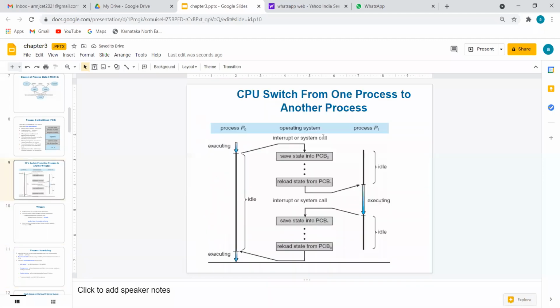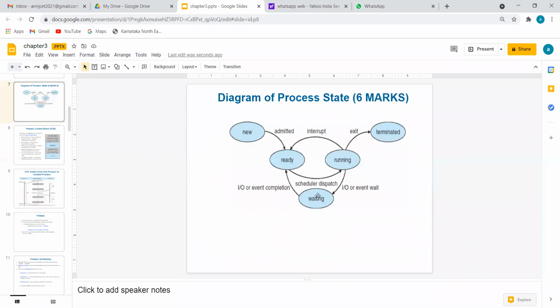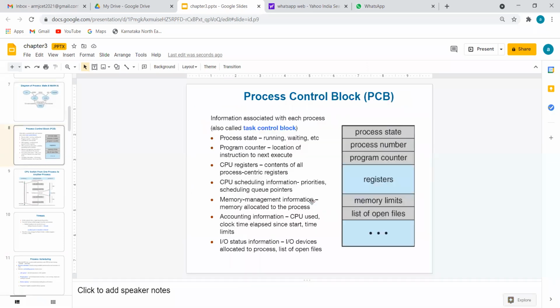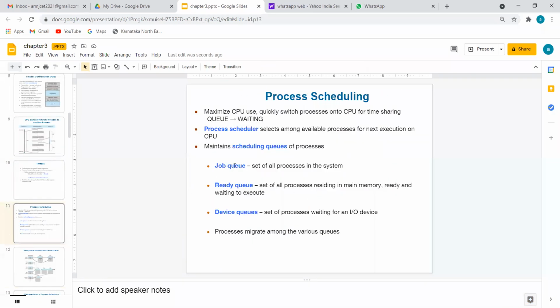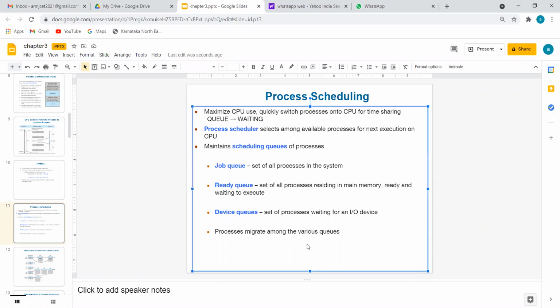Here is one important thing. Please remember in this diagram, if some process is waiting, definitely it is present in one of these queues. Either it is present in a job queue, or in a ready queue, or in the device queue. There is a statement that the user gives input or understands the output a little later than the computer. So most of the time, a process will be in a device queue rather than the job queue or ready queue.